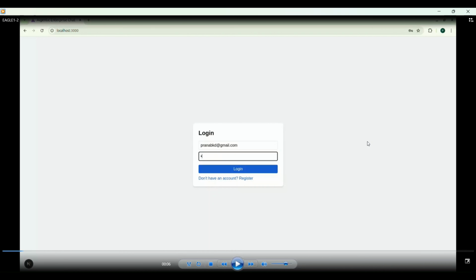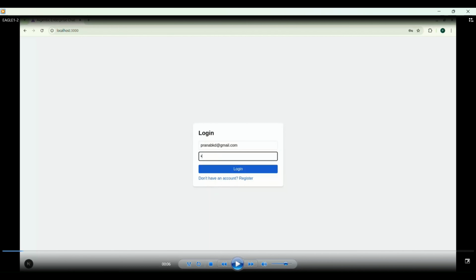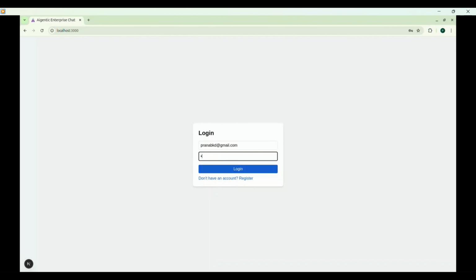Hi everyone. We have talked about the enhancements which have been done on top of Eagle, or done as part of Eagle version 1.2. We'll take a look at a demo of the enterprise chat, or typically the live AI chat version, through which we'll get insights into the core functionings of the AI engine, which is Eagle. So let's start